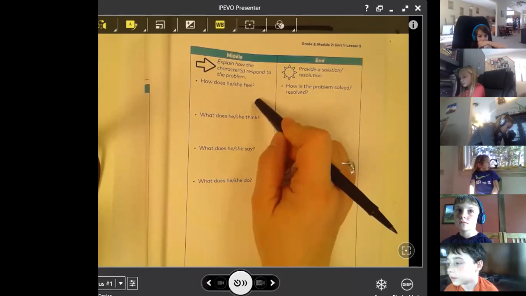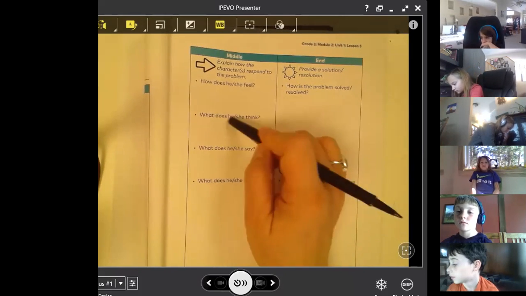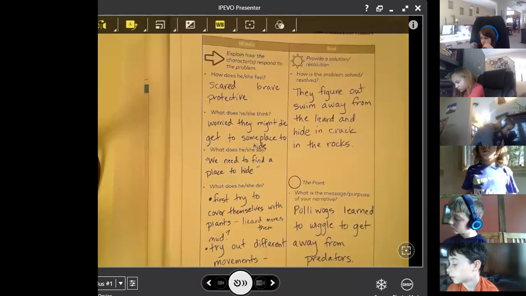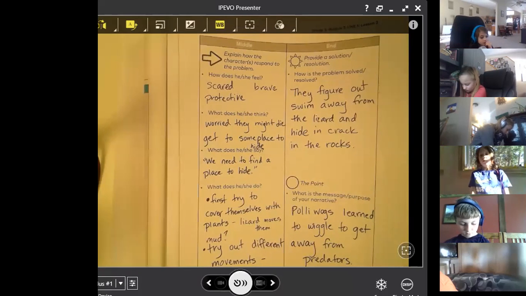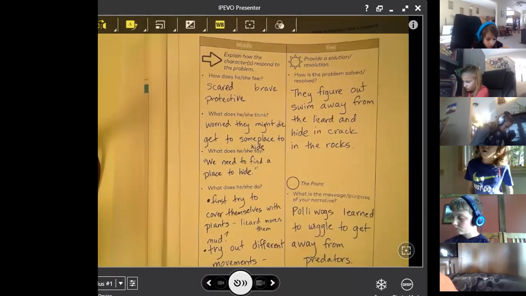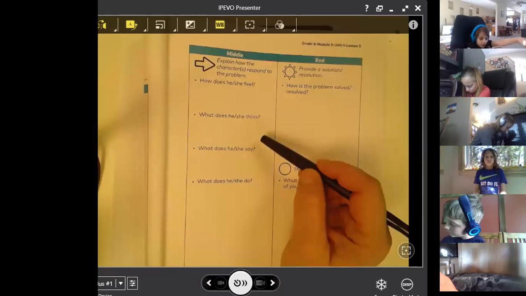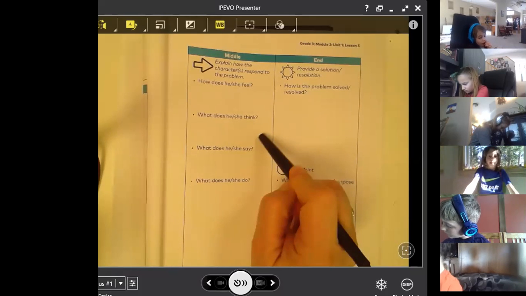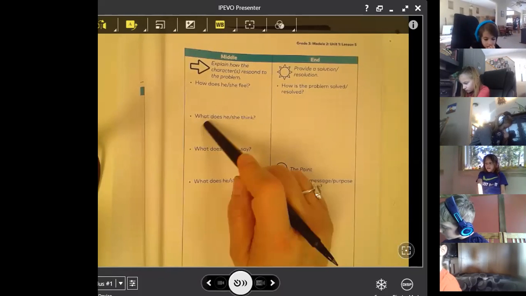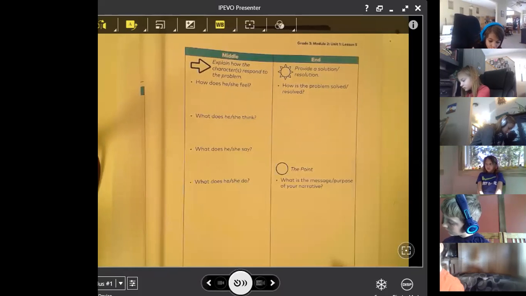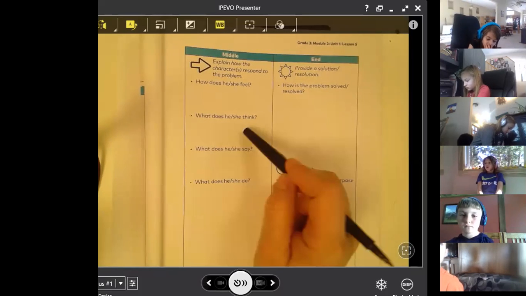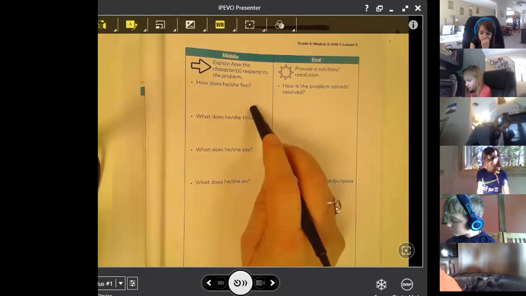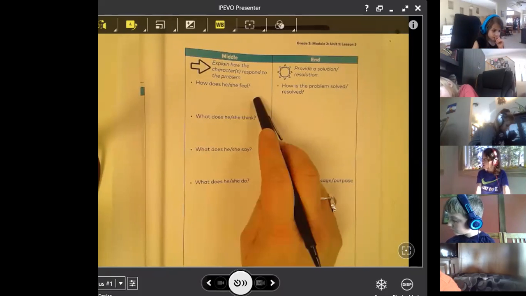And then put yourself in the place of that character. What does that character think? In ours, they were worried that they were going to die, right? And then they needed to get someplace to hide. So this isn't action yet. This isn't the doing yet. This is, what are they thinking about? Yours might be similar to ours, that they're worried that they might die, but you could have a totally different problem. So think about what they feel and what they think.